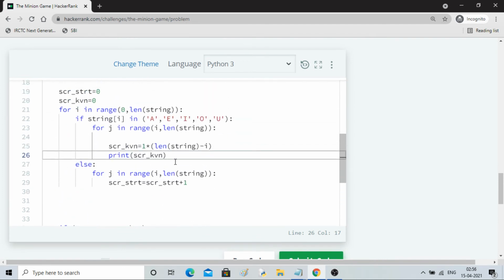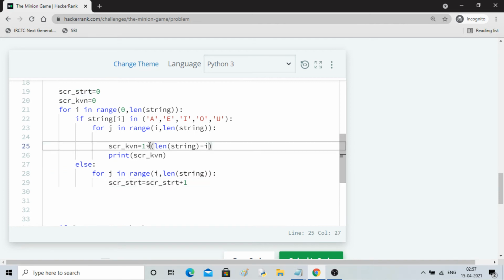I'll take the product, right? How many times it is coming, so I have to use... I'm trying to make a single statement and remove this guy so that it will consume less memory. That's all I am trying to do, and same logic I'll copy in the else part.